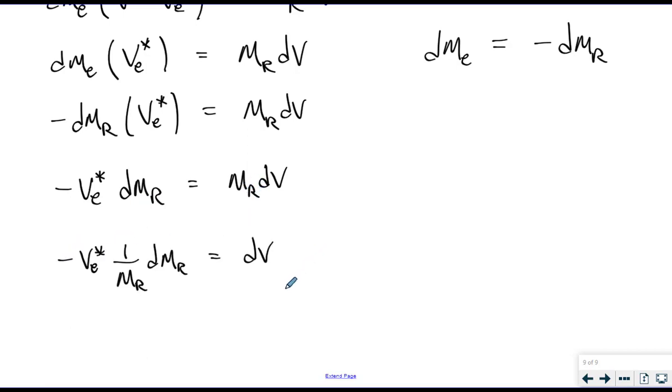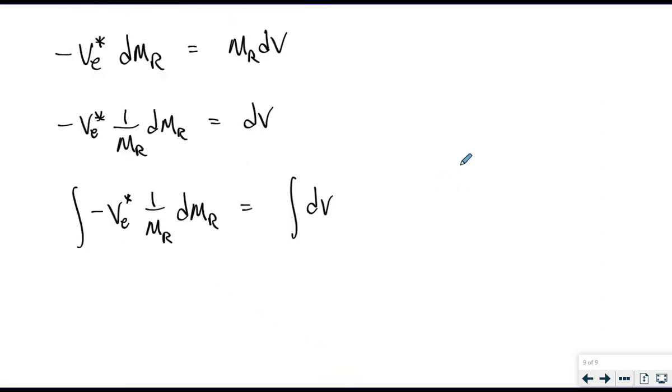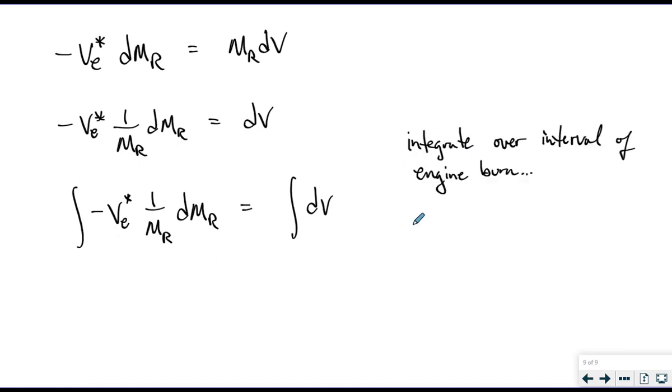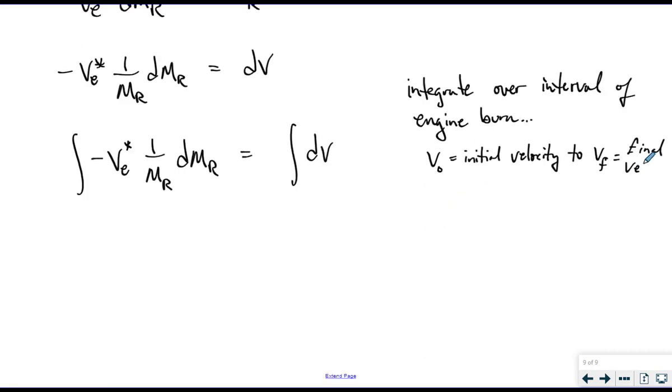This is a point in the differential equations class where you would call this a separation of variables differential equation, where I have the differential in the mass of the rocket and the differential in the velocity, and I can separate those two differentials and then integrate both sides of this equation. So what's happening is I'm integrating over the interval of the engine burn. During that interval of engine burn, I'll go from an initial velocity to a final velocity,